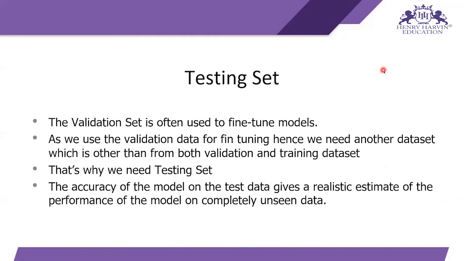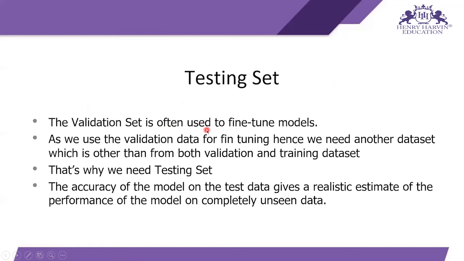Then when your model gets tested, you make some 5 to 6 architectures, and based on the validation accuracy, the validation loss and things like that, you select one architecture on the basis of the validation test. And now you want to publish your model and see how it is going to perform in the real world. For that, the testing set comes in.